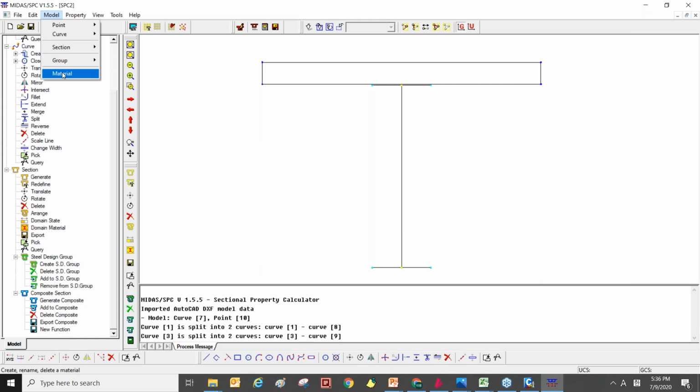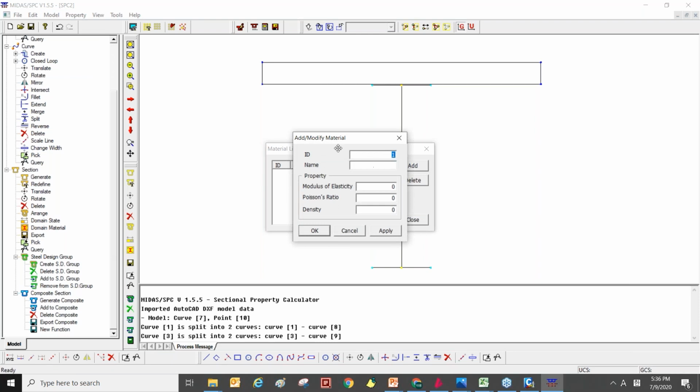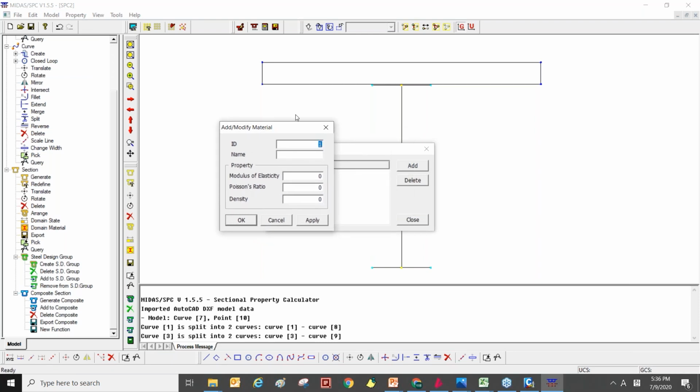The software needs to calculate the section properties using the material ratio of the mechanical properties, like the ratio of elasticity, the ratio of density, and we also need the Poisson ratio.